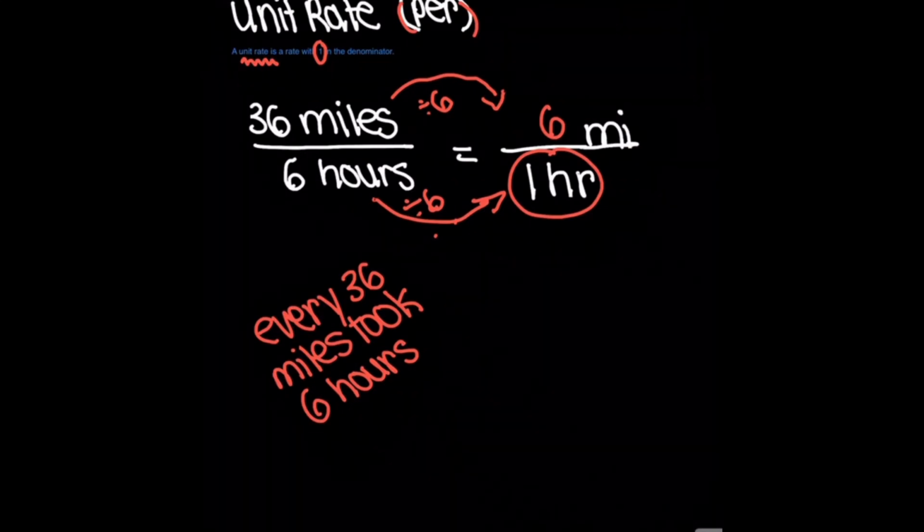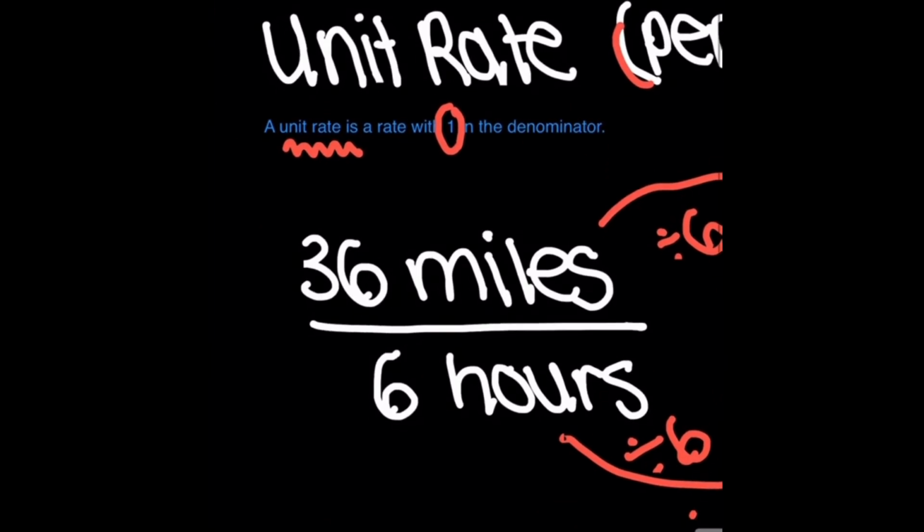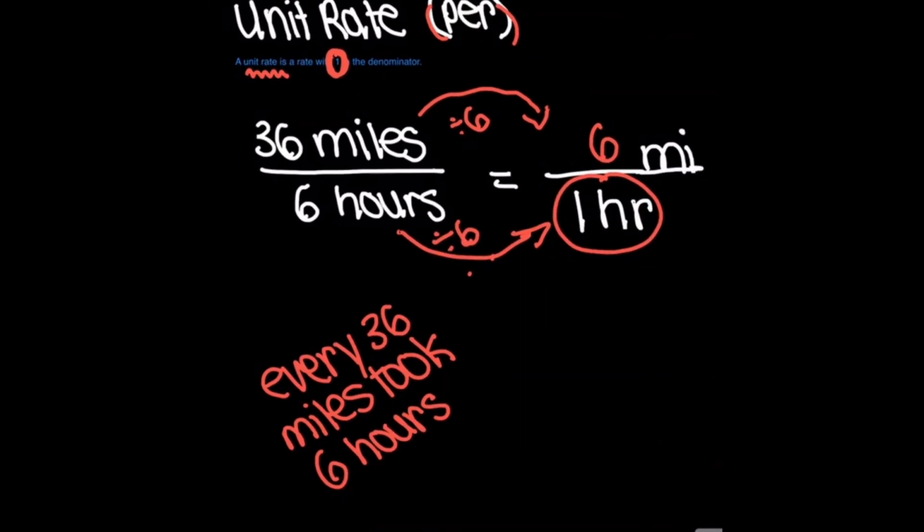So in this video, we will talk about unit rate. A unit rate is a rate with 1 in the denominator. This is really useful in real life as well, because if you bought 10 shirts and it cost about $300 in total,